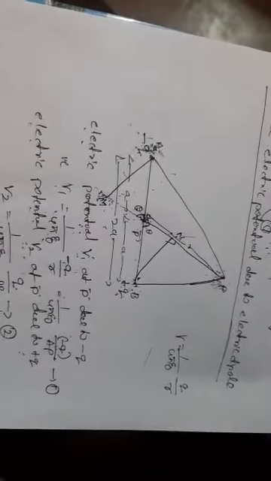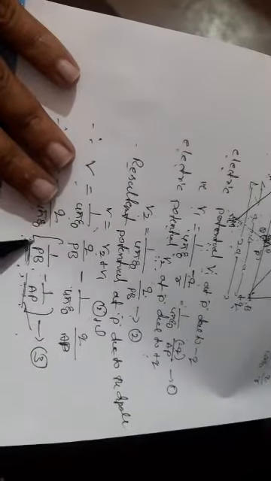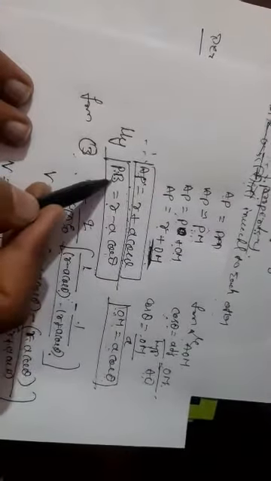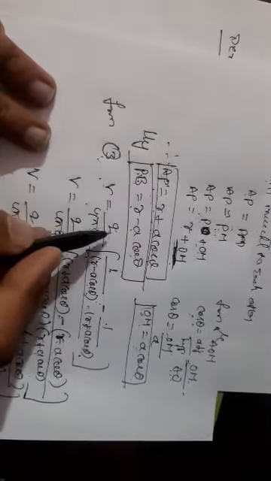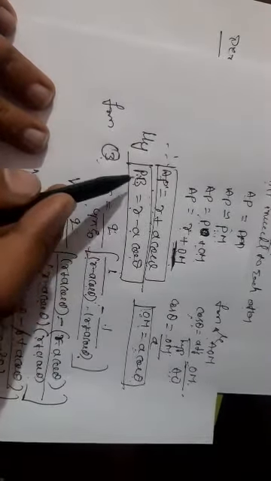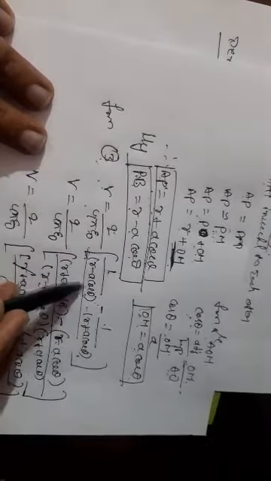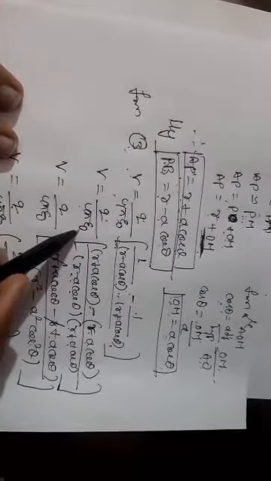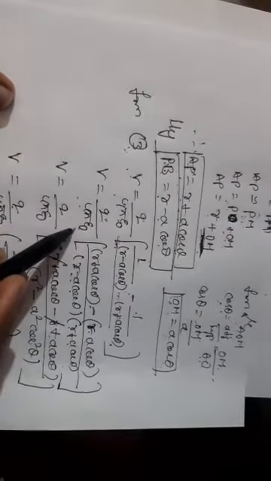Similarly, find the value of PB. It is the opposite line, that means r minus a cos theta. The AP and PB values are substituted in equation number 3. Equation number 3 can be V is equal to constant into charge, that is 1 by r minus a cos theta, minus 1 by r plus a cos theta, into q by 4 pi epsilon naught.